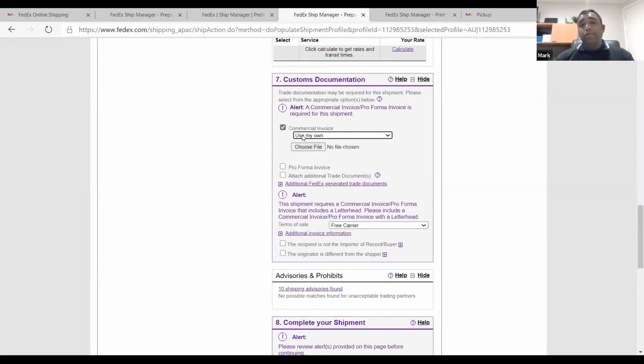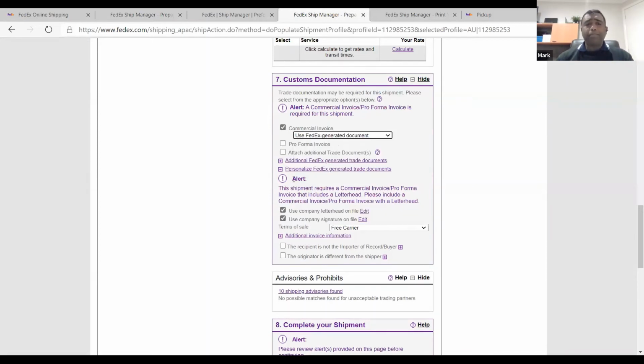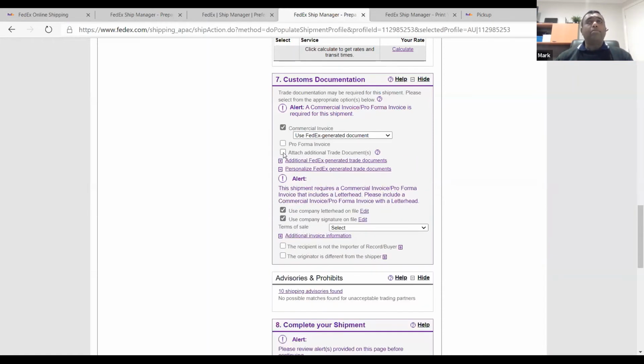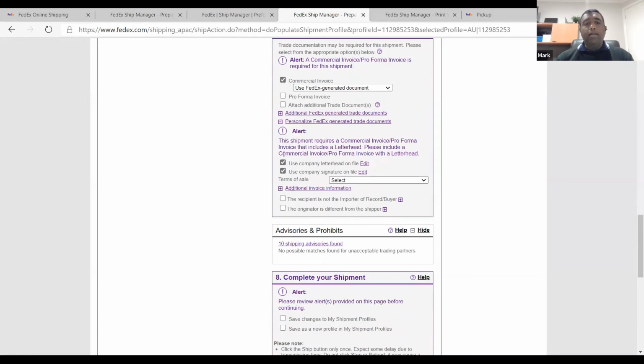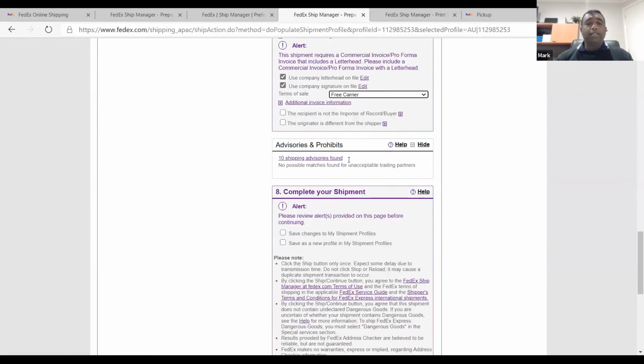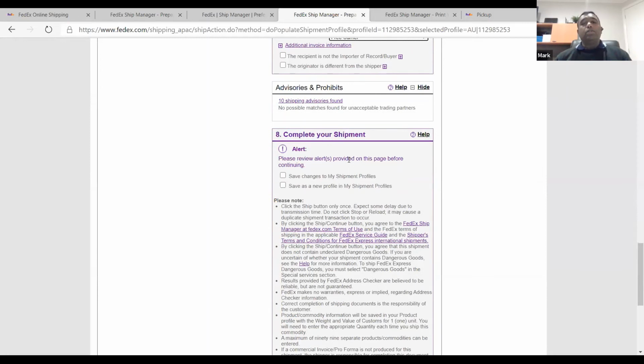But if you don't have your own commercial invoice and you would like to use a FedEx generated commercial invoice, you can do so by clicking use FedEx generated commercial invoice. That's it. And if you want to add any additional documents for your shipment, you can do so by clicking additional trade documents and selecting it from the drop-down menu. So this is very handy if you have more than one document to upload. Then we can say terms of the sale, like free carrier,